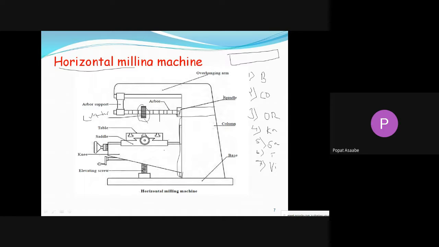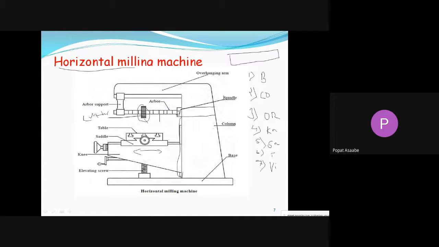Okay, again see here, that horizontal milling machine consists of one knee, and above this knee one saddle is provided. Okay, and what is the function of that saddle? With the help of this saddle we can give the feed to that table in longitudinal direction. Means with the help of that saddle your table is moving in the longitudinal direction, means it is moving left or right. That saddle is mounted on your knee, and above this saddle there is one table.